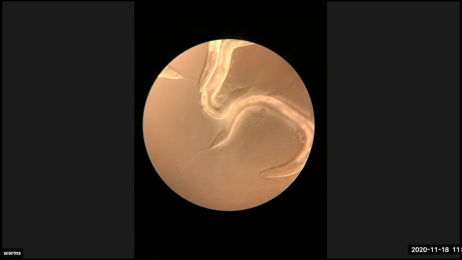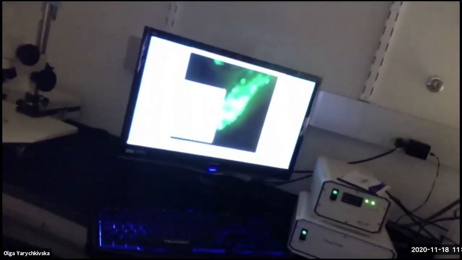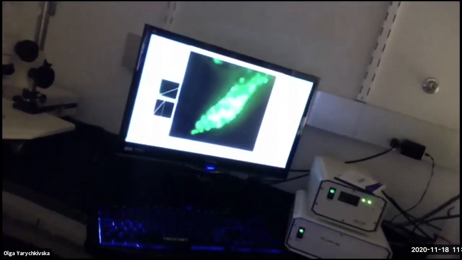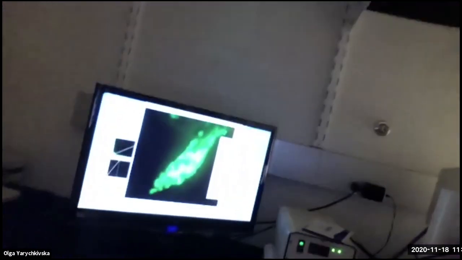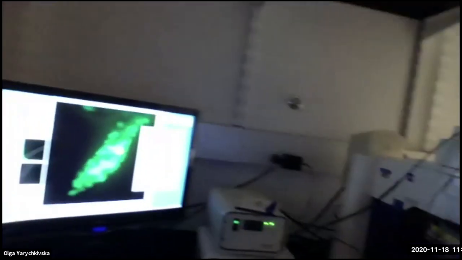So now let us take a picture. Let me show you how we do it. Here we have a computer, we have special software where we have to select different channels that we want to use. It's probably a little hard to see.